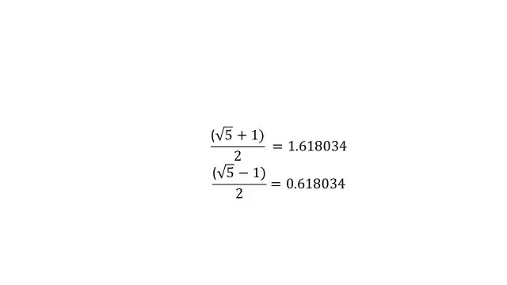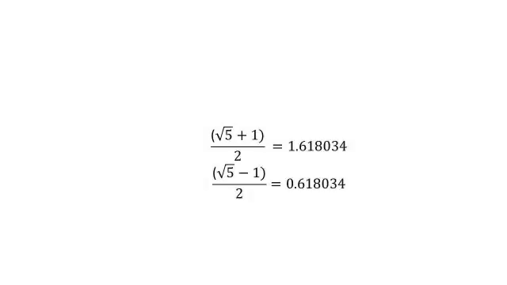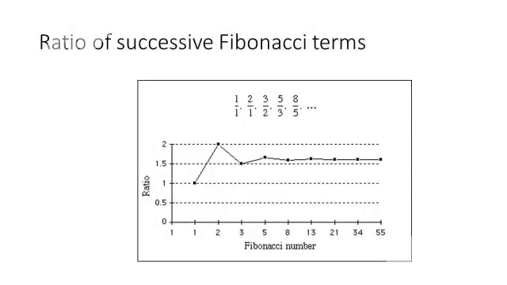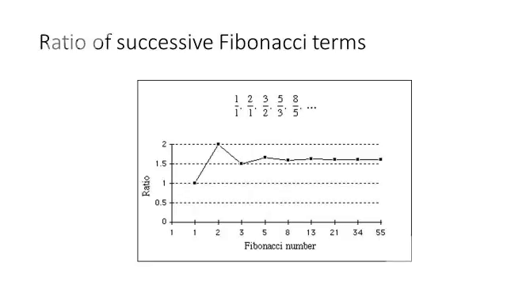The golden ratio. If we take two numbers in the Fibonacci series, dividing each by the number before it, we will find the following series of numbers: 1, 2, 1.5, 1.666, and so on. If you plot a graph of these values, you will see that they seem to be tending to a limit, which we'll call the golden ratio, also known as the golden number and golden section. The golden ratio is denoted by the Greek letter phi. The number phi is an irrational number.